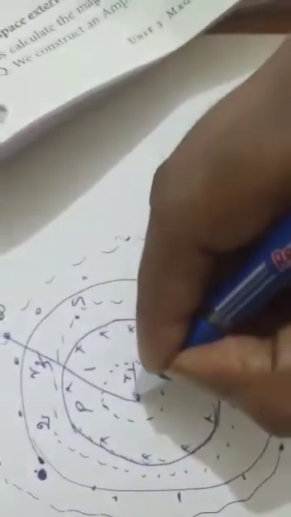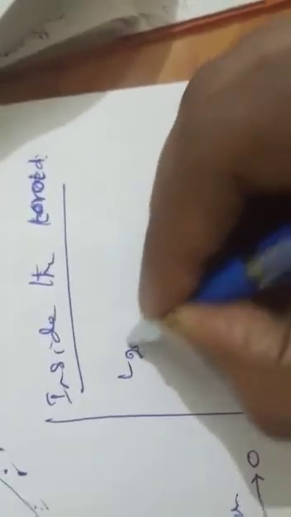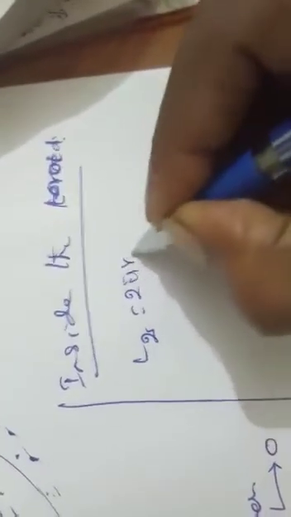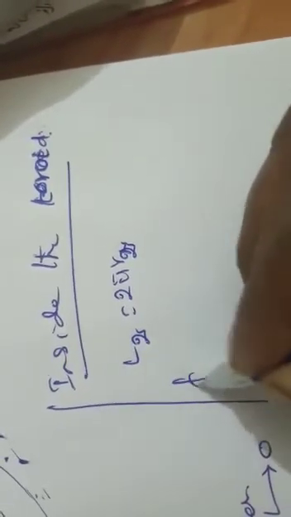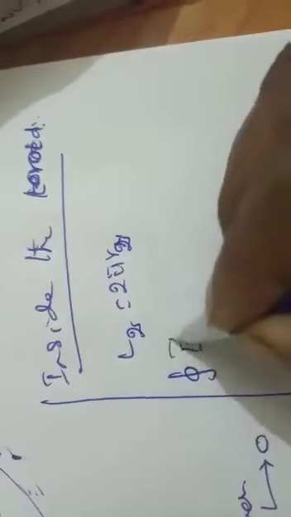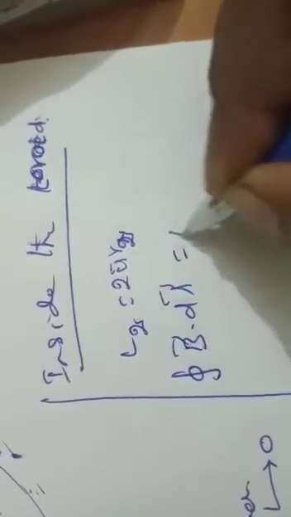Consider point S of radius R2. So the length of this Ampere loop L2 is equal to 2 pi R2. From Ampere's circuital law, the integral of B vector dot dl vector is equal to